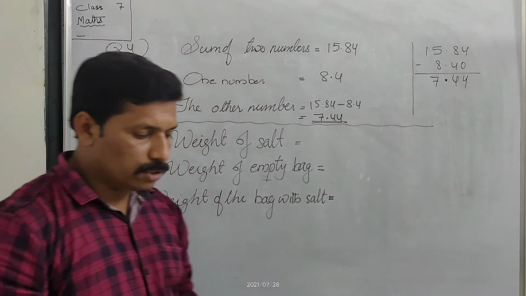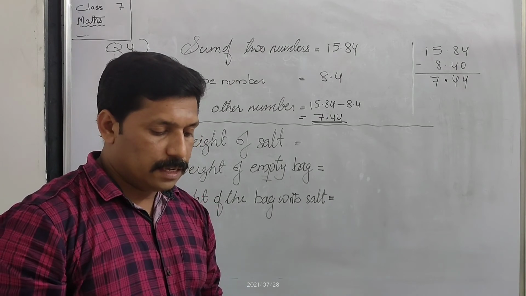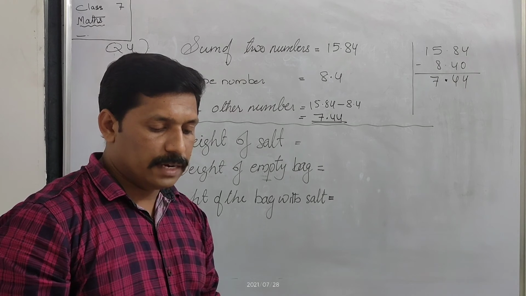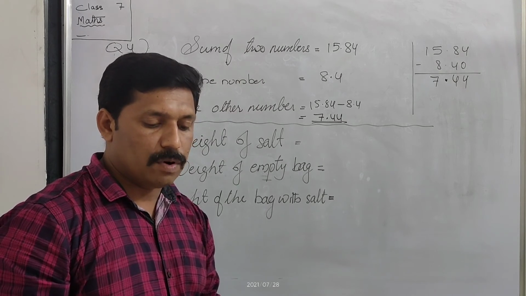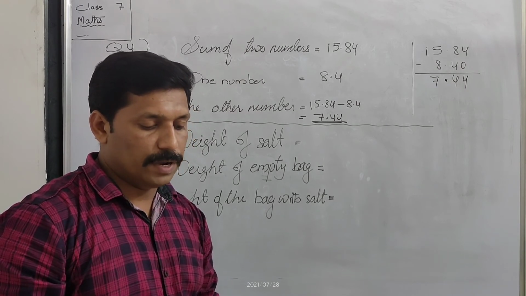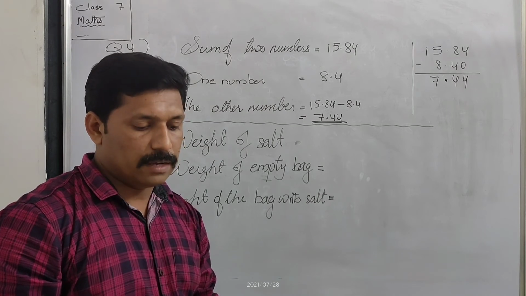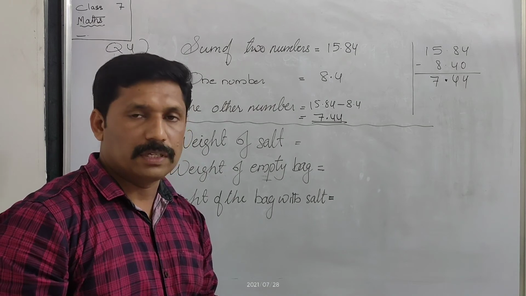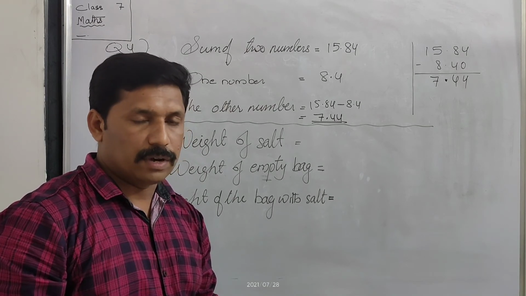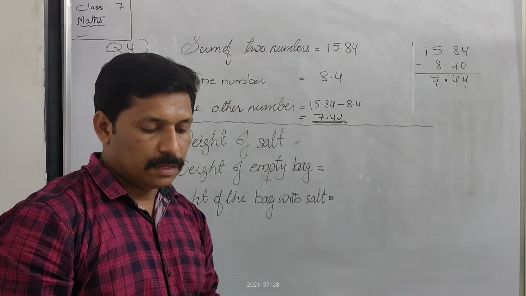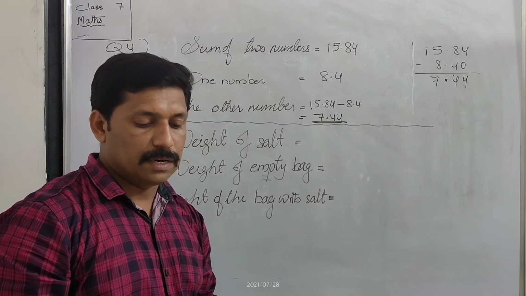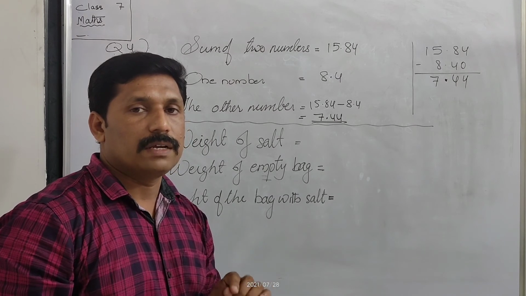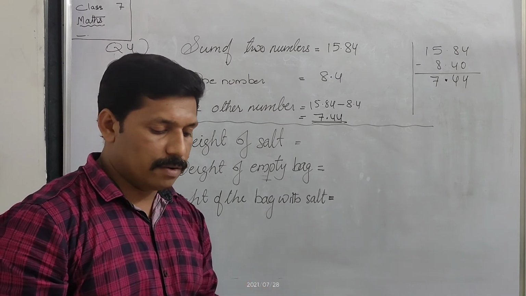And listen, question number 5. That's a homework for you. You find out that. Anil bought 2.5 kilogram of fruit and 8 kilogram of vegetable and 500 gram of dry fruits. Find the total weight. Total weight means you have to add. Means the weight of fruits 2.5 means 2.500 and 8 kilogram means 8.000. And then dry fruits 500 gram. 500 gram, how we write? 0.500. Then we can add all the things.